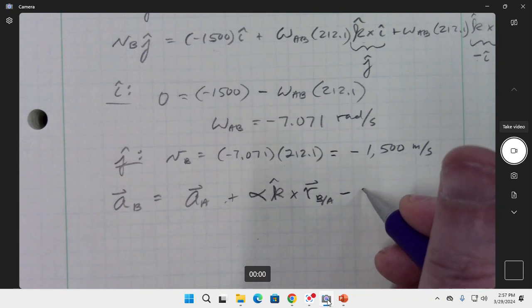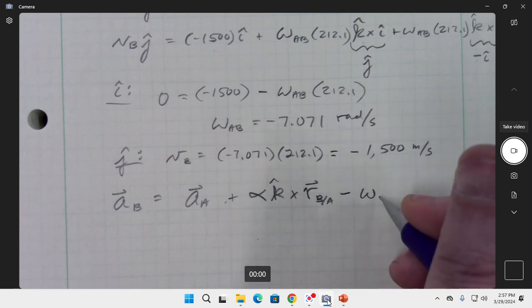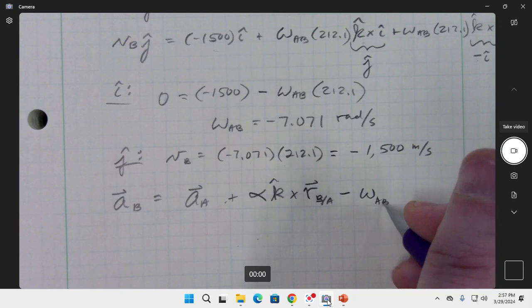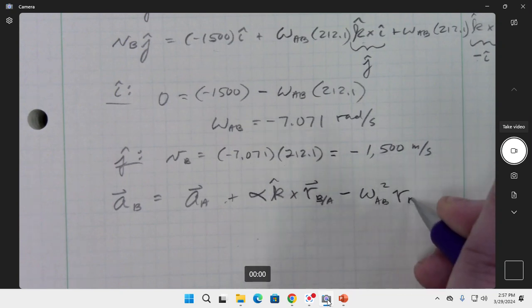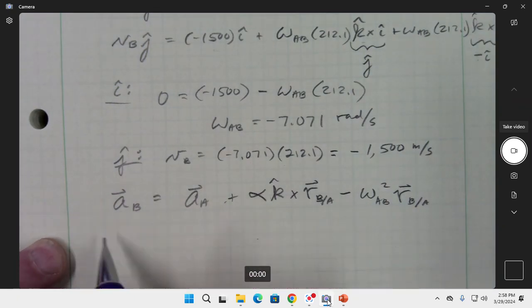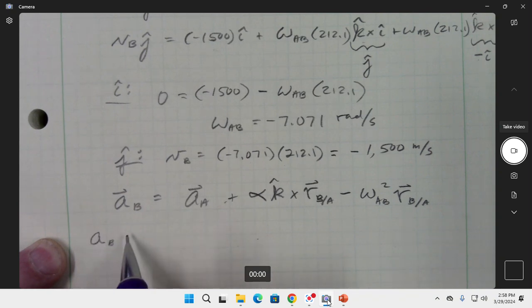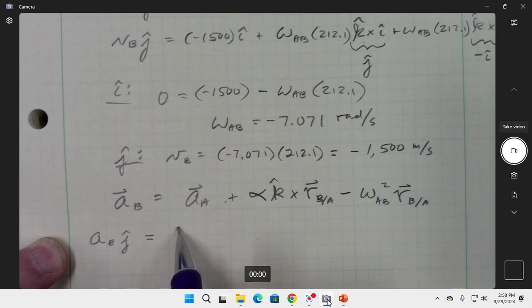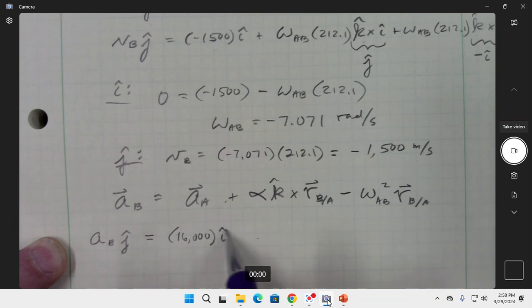minus omega AB squared times R B with respect to A. So we know the acceleration of B is only in the J direction. It'll be equal to the acceleration of A, which is 16,000 I, positive direction,